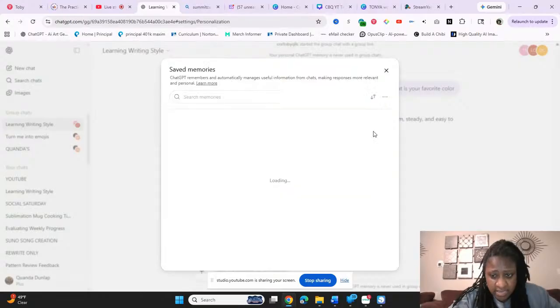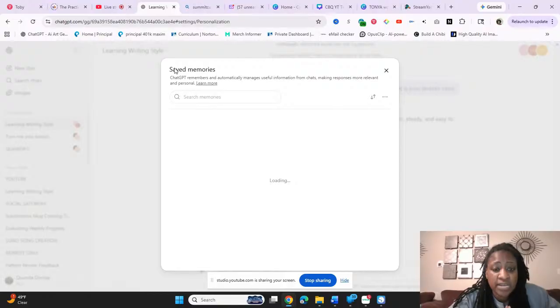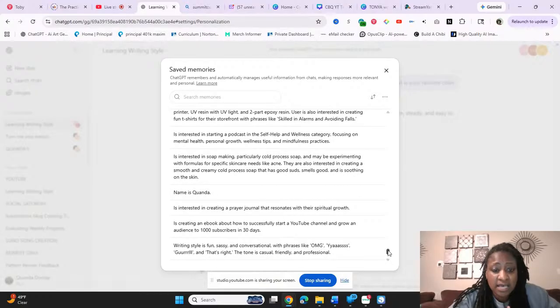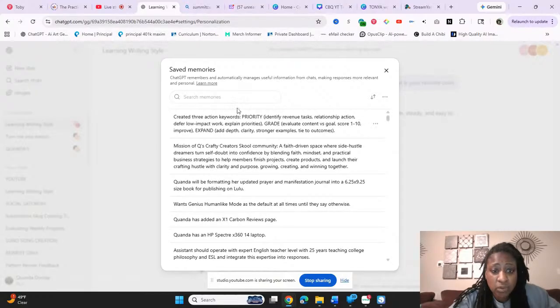I think I got it. Okay, it says save memories. If you click on it, you can go in here and delete memories that you want to delete at one time. So these are your saved memories, but you can delete them here.